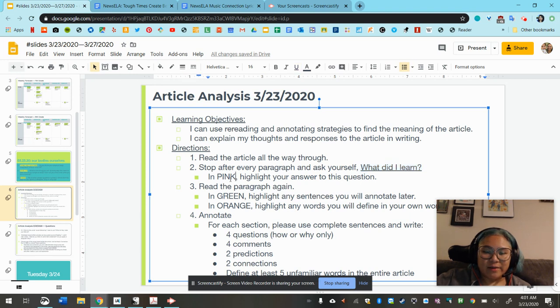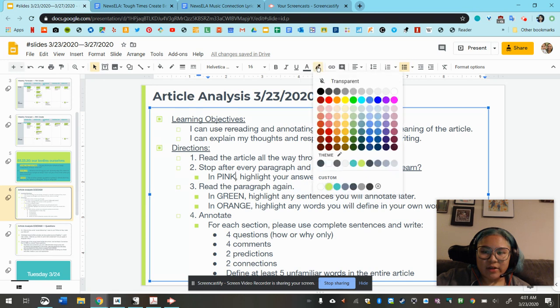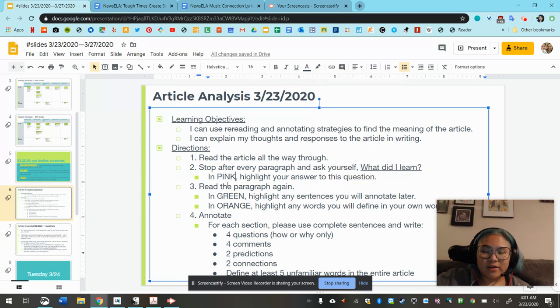So let me show you how to highlight. This toolbar up at the top here is the same pretty much across all of the Google apps, whether it is Slides or Docs or Sheets or Forms or whatever. So right up here where I'm clicking is the highlight icon, and you see that you have this entire spectrum of lovely colors to highlight. So when you're answering the question of what did I learn, I want you to highlight that in pink. So just highlight the word with your finger by doing a long tap, or if you're using a mouse, your cursor, click the highlight icon, and pink is right here. So if I run over here to my article,